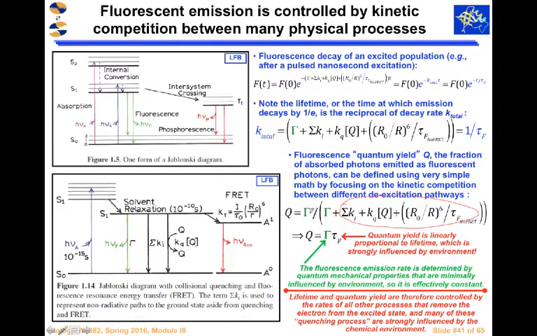So the kinetic partitioning gives us a rigorous value for the quantum yield that we can get simply by considering the relative kinetic rate constants without worrying about all those complicated population phenomena. So that's important point one. Important point two is quantum yield will be directly proportional to lifetime, right? In a given experiment, experimentally,